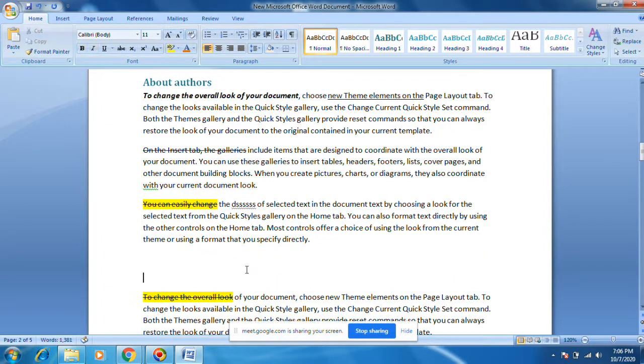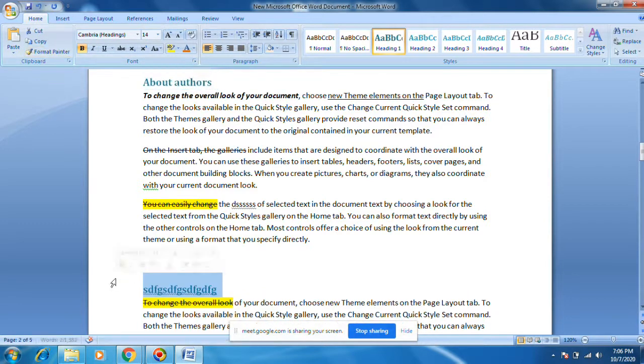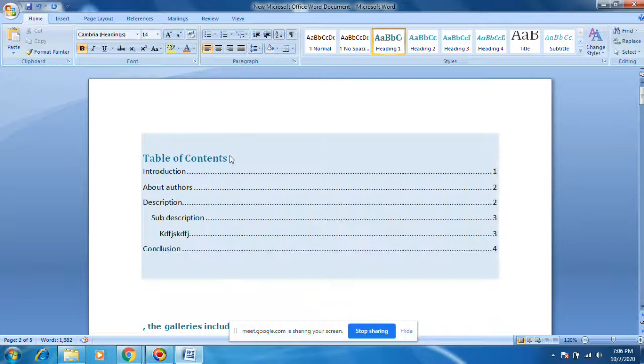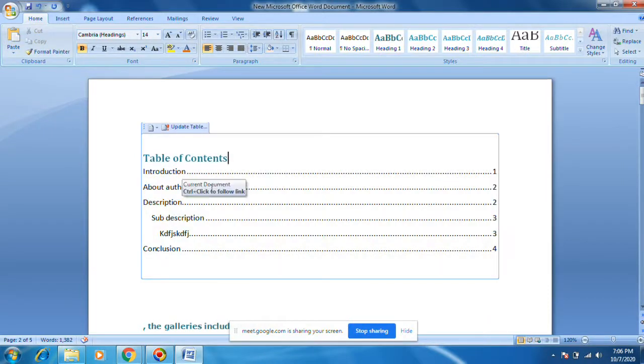Okay, I want to format the same as this header. Just select this one, use the Format Painter here, and see, it will also come as heading one.